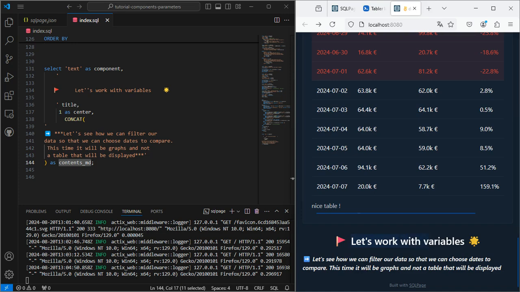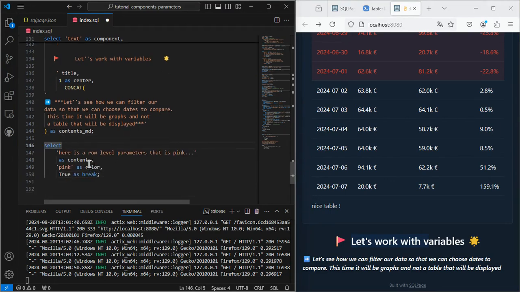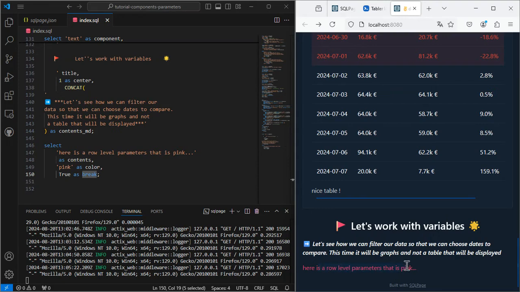Here it is. The same way we did with the hero component, let's add some row level parameters to this text component. For instance, I want to write a sentence. Contents is a row level parameter, color as well, and break as well. Finally, I want to add another text in italics this time.